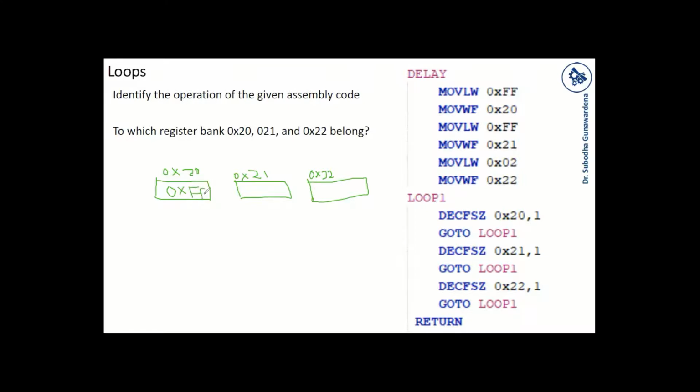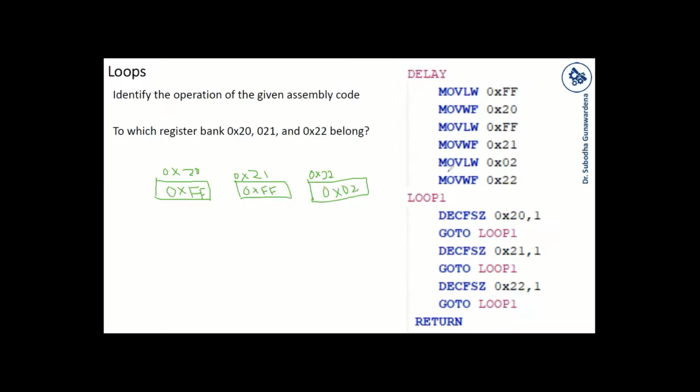Similarly, I'm storing 0xFF into the 0x21 address, right? So here also I'm storing 0xFF. For the 0x22 register, I'm saving 0x02, right?